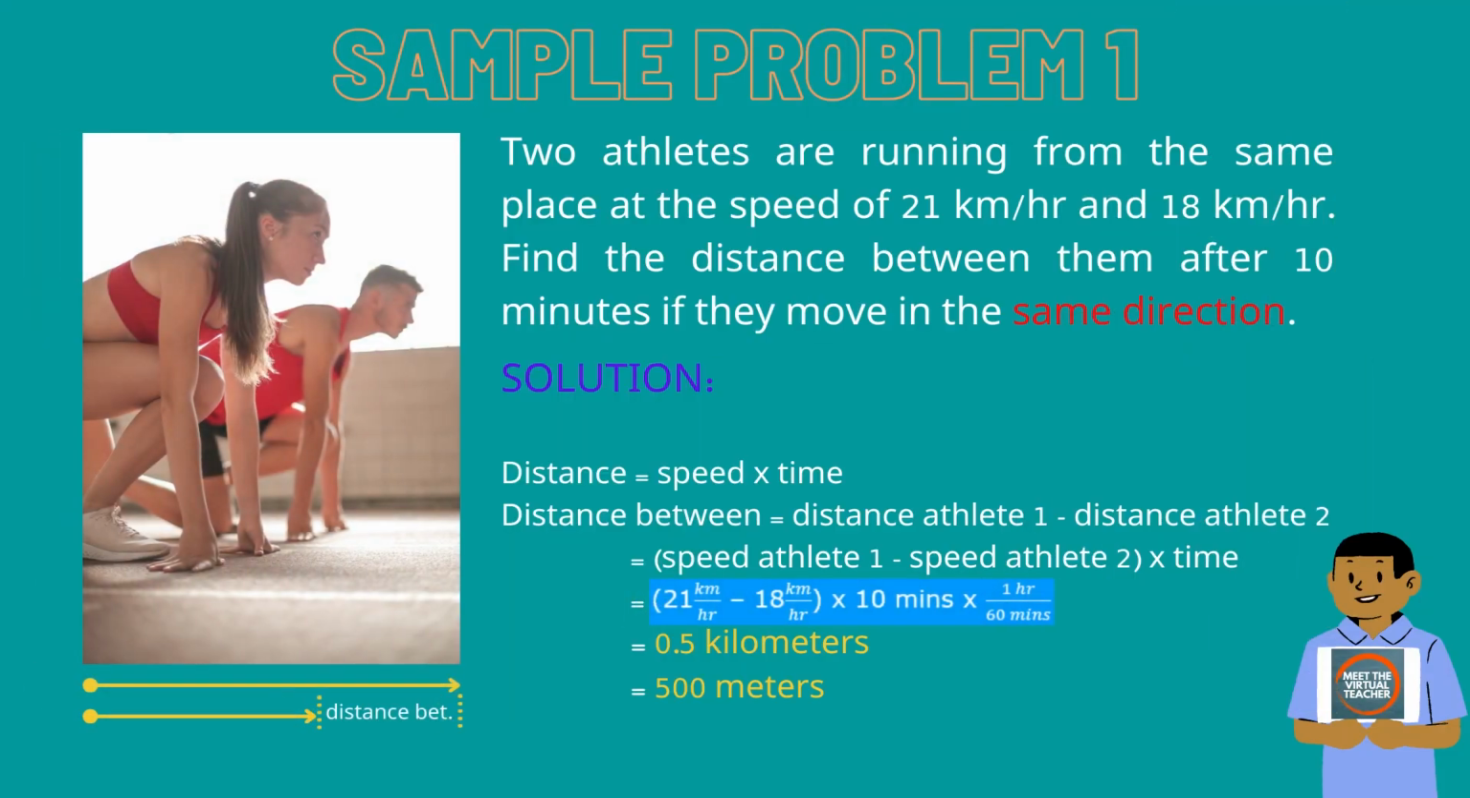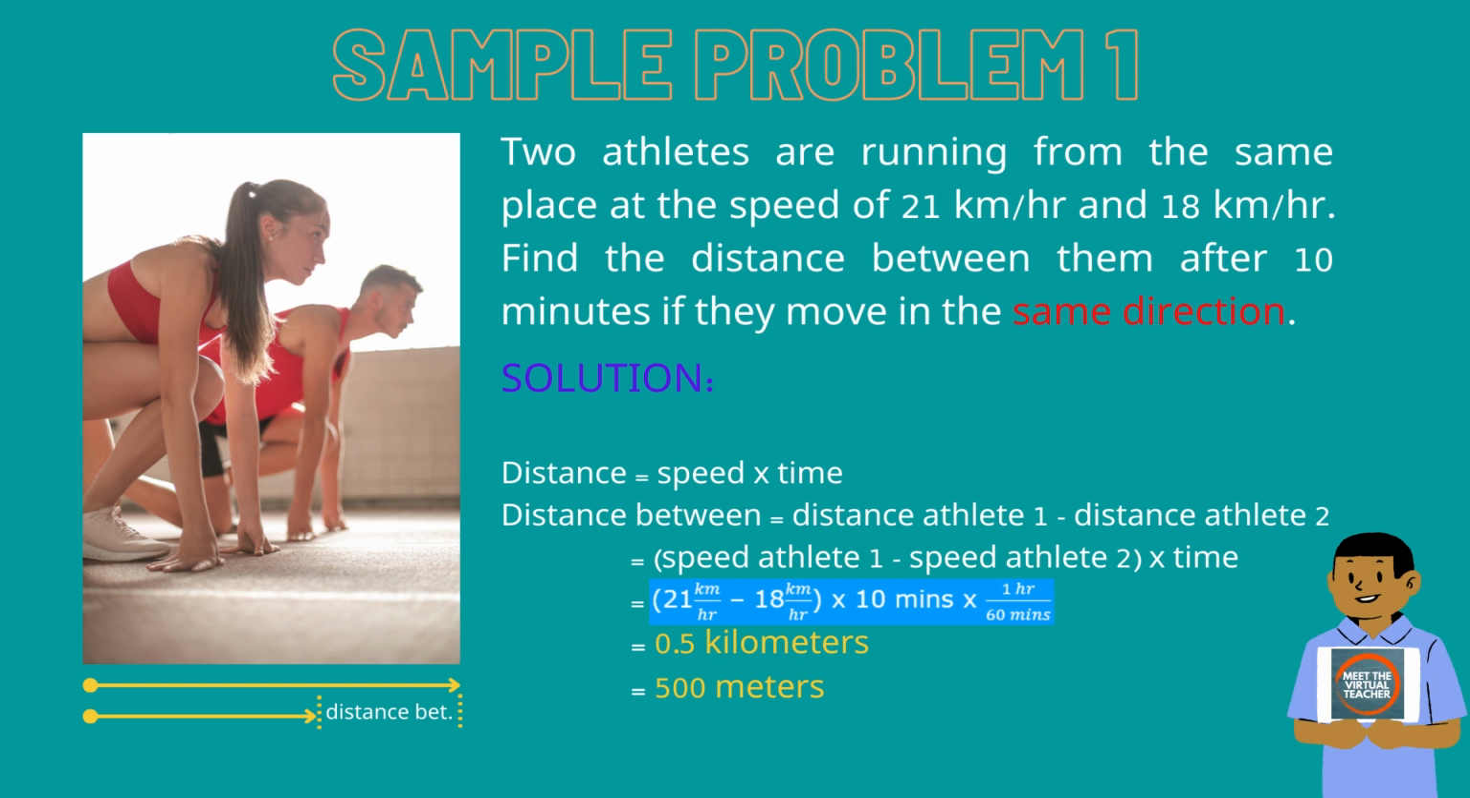We will solve some examples about speed. Sample problem number one. Two athletes are running from the same place at the speed of 21 kilometers per hour and 18 kilometers per hour. Find the distance between them after 10 minutes if they move in the same direction. Solution. From the previous slide, distance is equal to speed times time. To solve the distance between them, we will